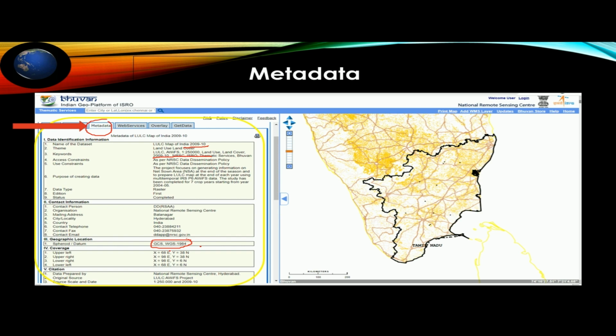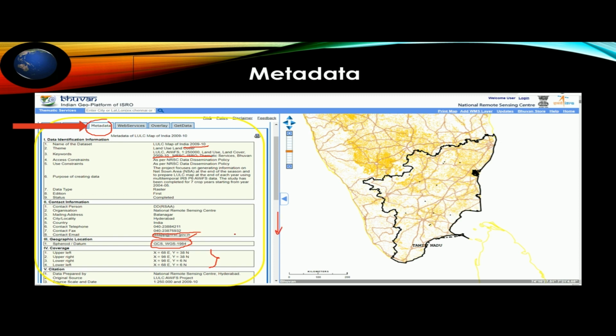GCS stands for geographical coordinate system. So these are the details. If you want to contact for any information, some email IDs and contact information have also been provided for your reference. And the latitude and longitude of the study region, and the scale is 1 is to 2,50,000, you can see. So these are all the details that come under it. If you scroll, the bottom also has some more information,